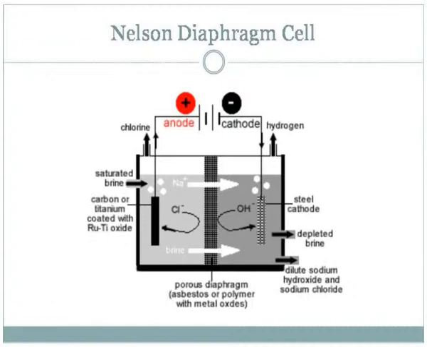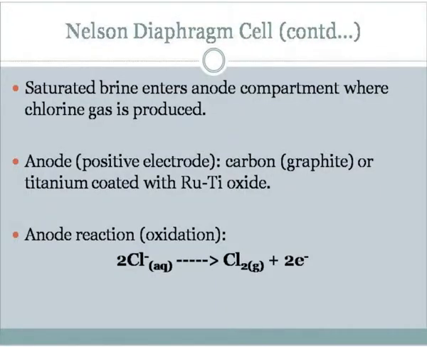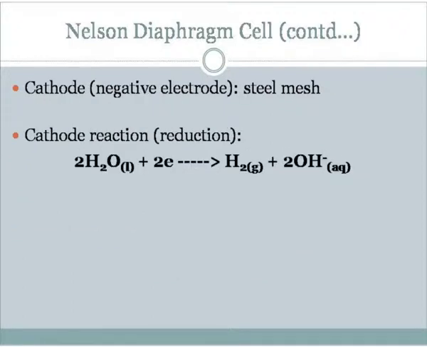Brine solution is poured into the anodic compartment where the anode reaction takes place. Chlorine gas is produced and escapes out. The moment brine solution enters through the diaphragm into the cathodic compartment, the cathode reaction takes place, and hydrogen gas is liberated